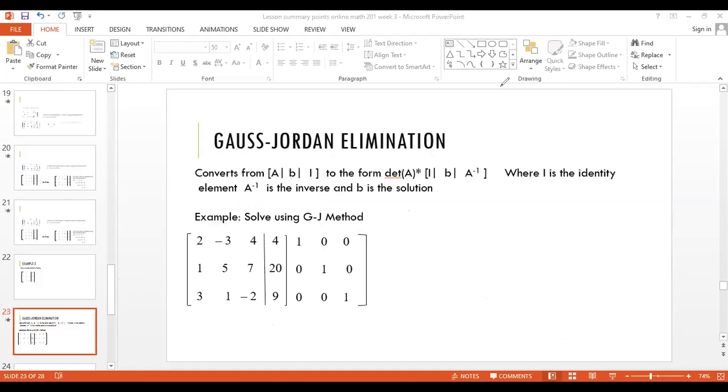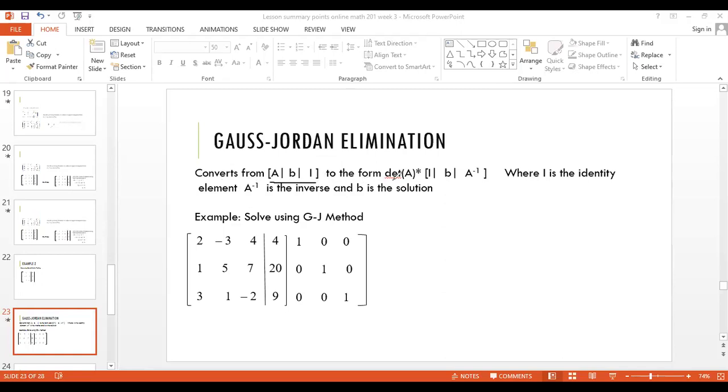Okay. So the Gauss-Jordan technique is also a very simple method. And the good thing about this method is if it's well done, then by the time you finish the transformation, you have your determinant, your inverse of the matrix, in addition to the solution of the system. Okay, so basically Gauss-Jordan is a technique which will convert the system as an augmented system with the identity